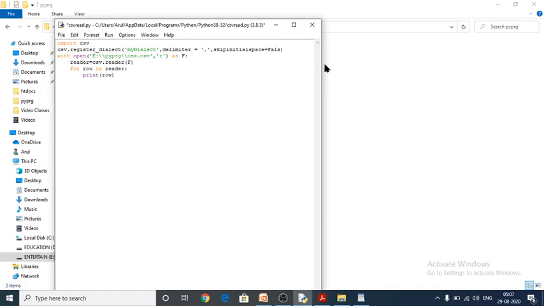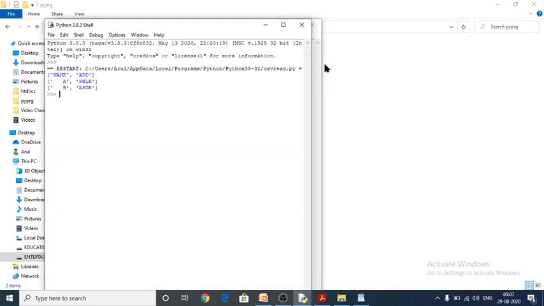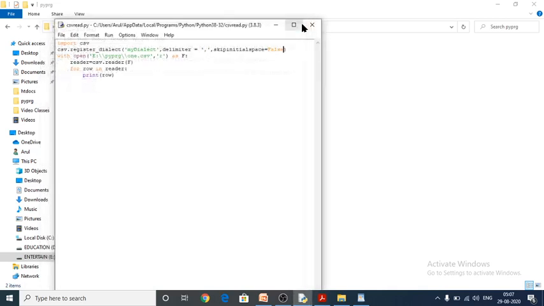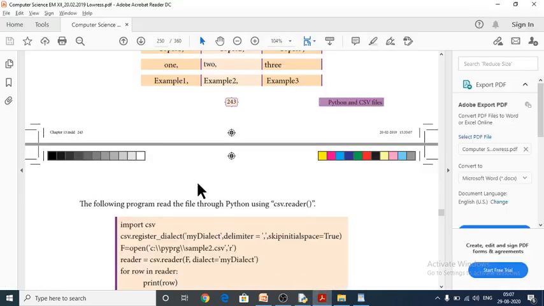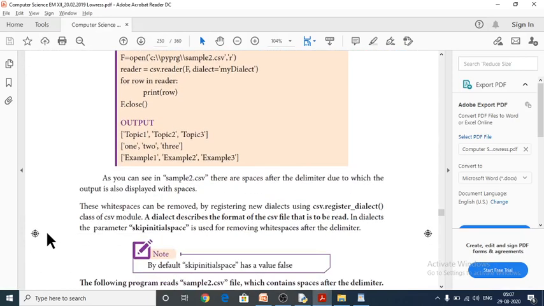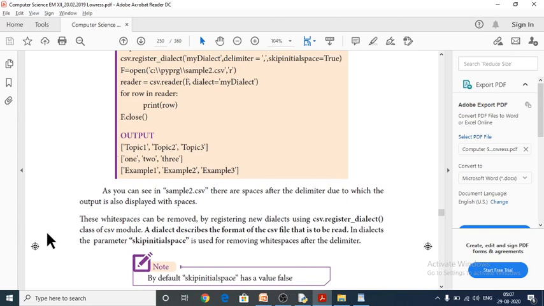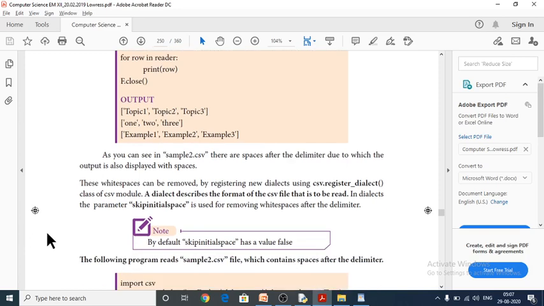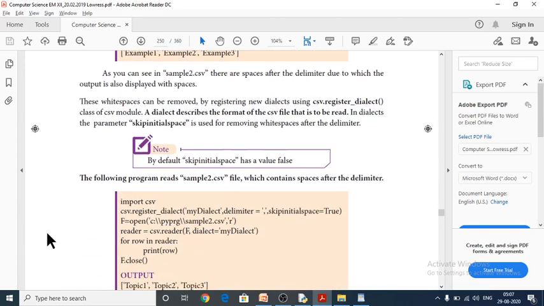After giving false, you come to know what changes happen. Nothing happened here. In dialects, the parameter skip initial space is used for removing white spaces after the delimiter. After the delimiter, skip initial space is used to remove the white spaces.